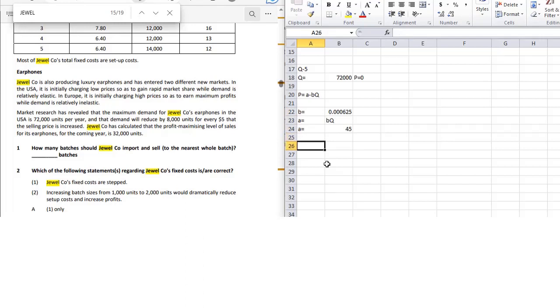First we will develop the equation. The equation will be P equals 45 minus 0.00625 times Q. So P equals 45 minus 0.00625, and Q is given in the question as 32,000 units. So P equals